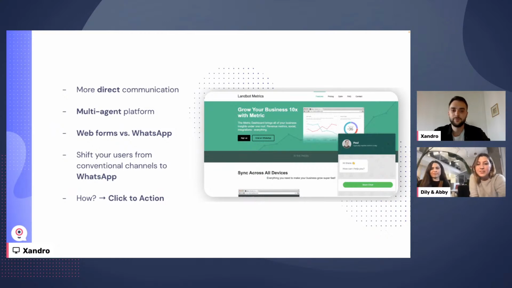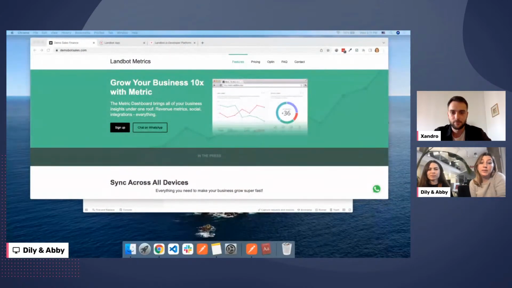Yes, perfect. Thanks, Sandro. So one of the main difficulties people face with WhatsApp is getting the client or potential lead to interact proactively. So a call to action widget is an easy fix, and this could be a simple button at the end of a form, or it could be its own widget. So what I want to show you now is actually a web bot that will redirect the client to WhatsApp, so we can do the opt-in directly there if we want. So let's see what it will look like when it's done.